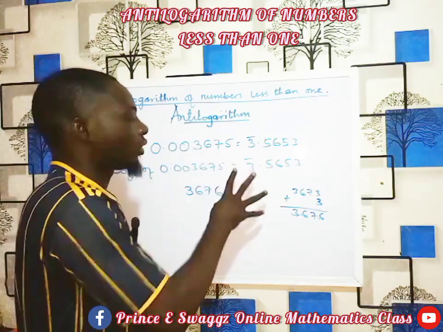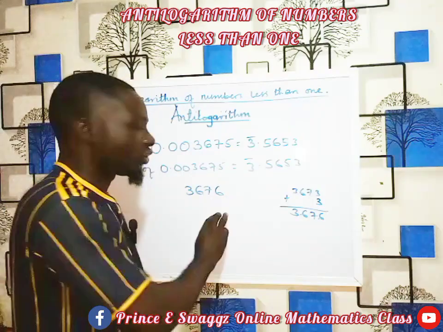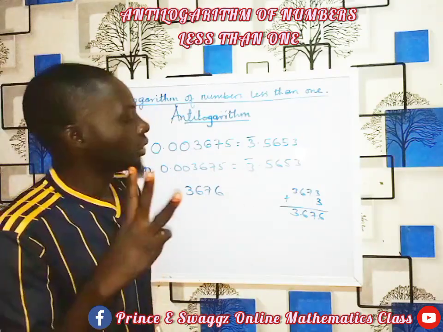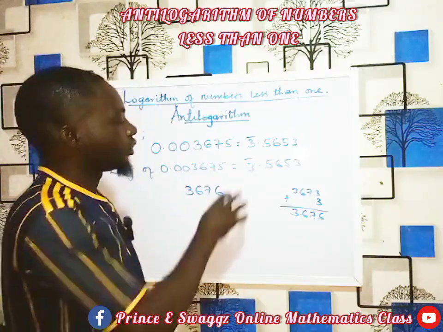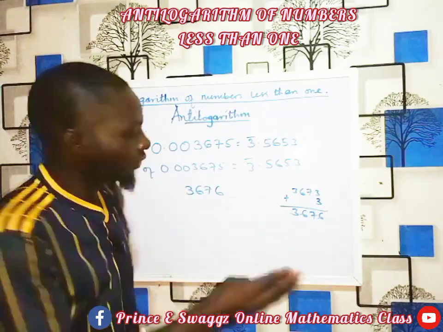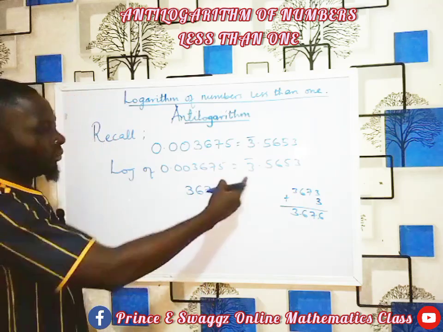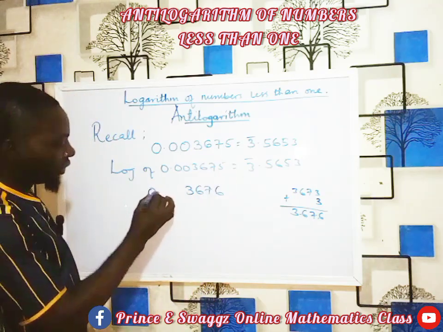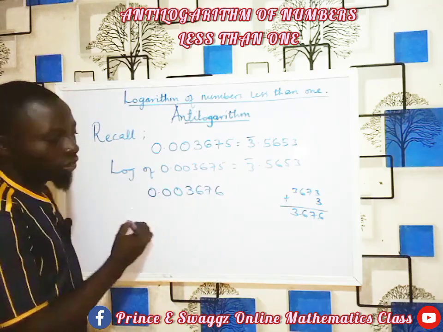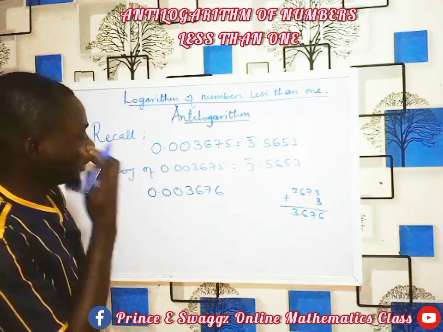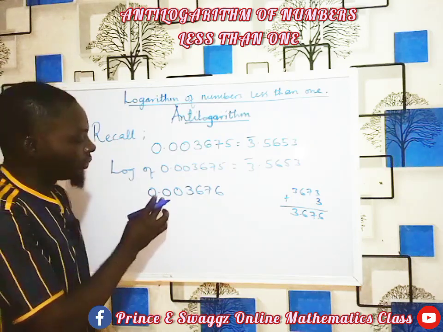With bar 4, that means 4 zeros must come before this number. With bar 2, 2 zeros must come before this number. So we are going to do 0.00. Our antilog for this is